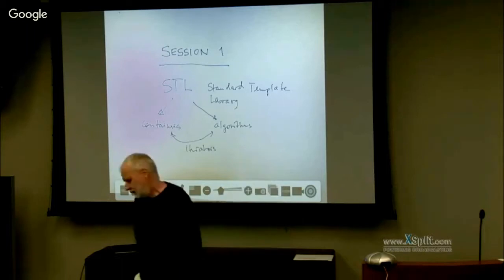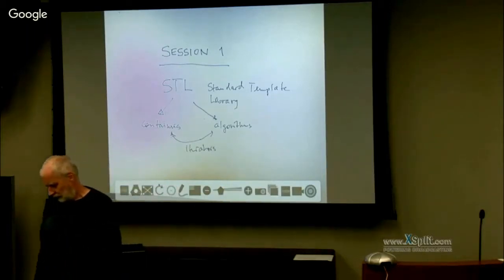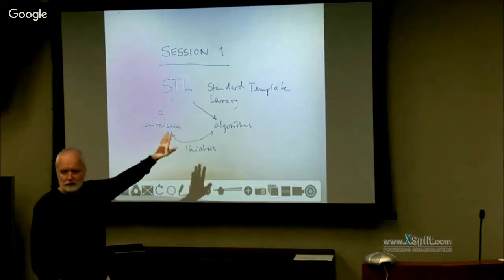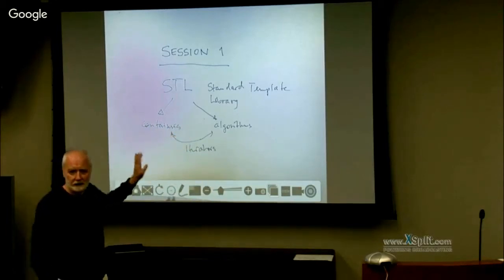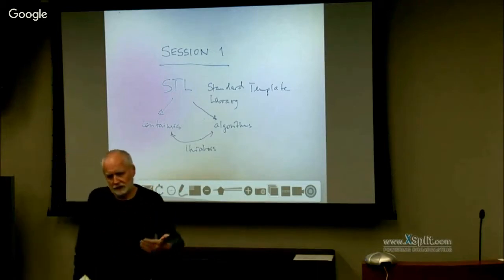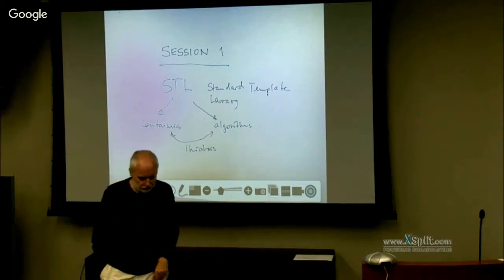If you look at the code, first of all, the standard template library is a library. So it's not a language feature, but it's using the C++ language to build higher-level facilities you can use in your code.